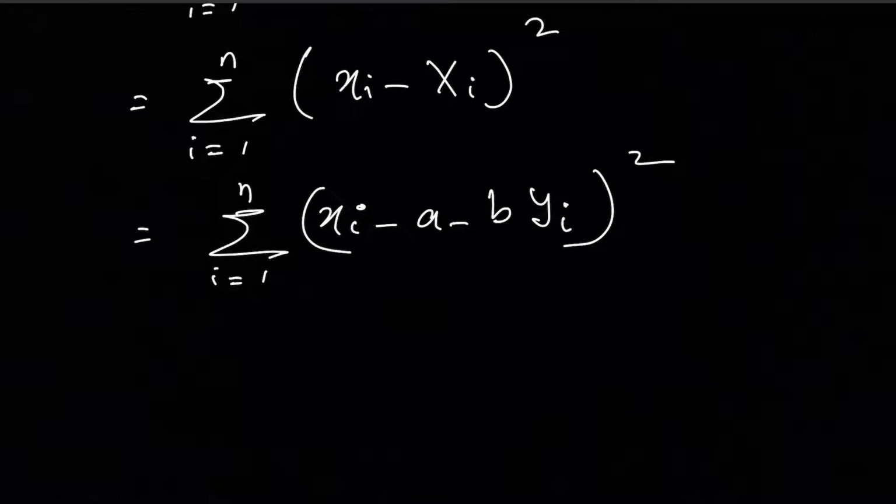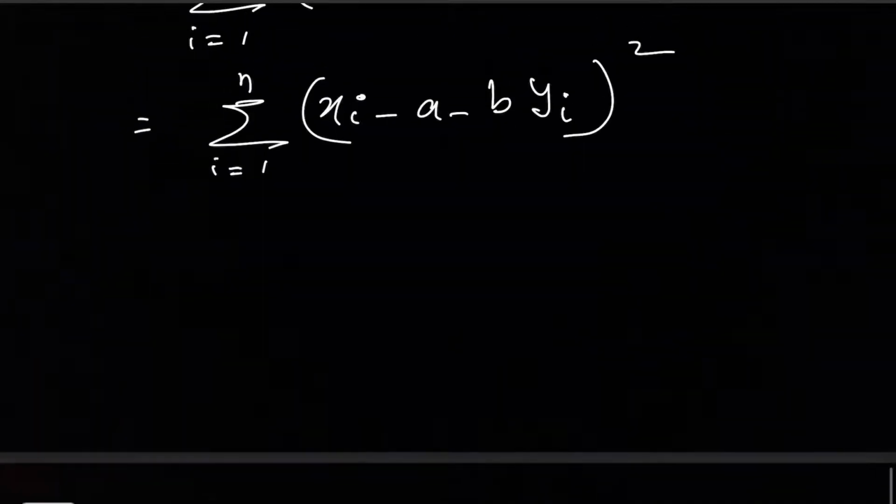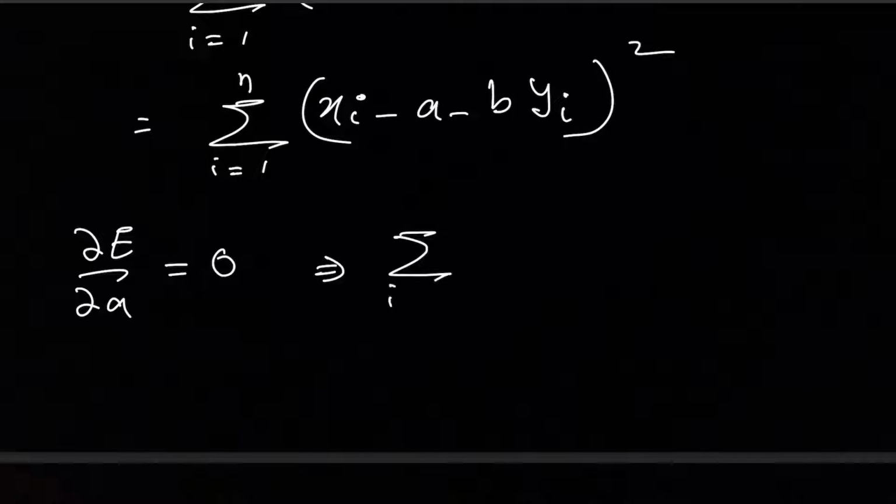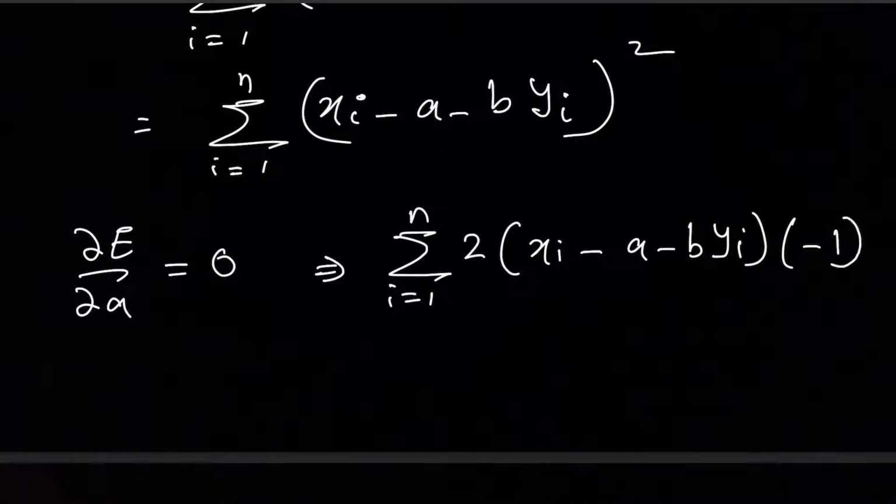After that, what we'll do is we'll just take the derivative of it. So del e del a has to be equal to 0. So it will give summation i is equal to 1 to n 2 times xi minus a minus b times yi times minus 1, since it is with respect to a and here the coefficient is minus 1, is equal to 0. Obviously the coefficients won't matter because it will go to the other side and cancel either way, so 2 and minus 1 can be cancelled, and so it is nothing but summation i is equal to 1 to n xi